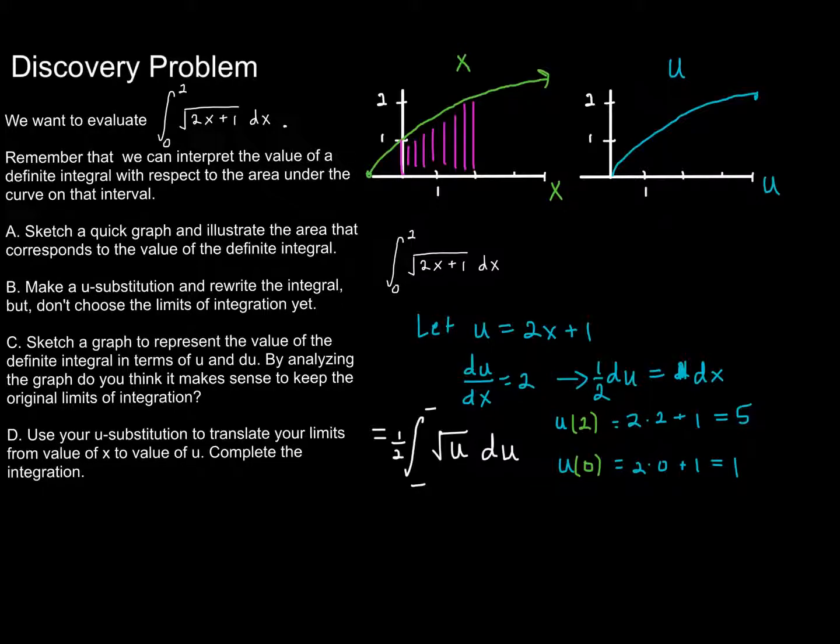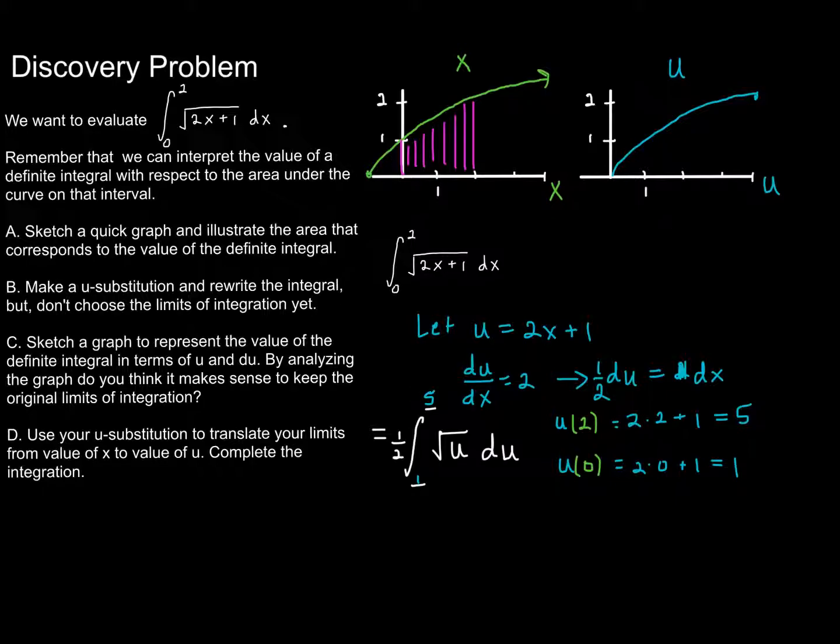So u of 0, the corresponding u value to when x is 0, is going to be 2 times 0 plus 1, which is 1. The corresponding u value for when x is 2 is going to be u of 2, which is 2 times 2 plus 1, or 5. So that means that my new limits are going to be from 1